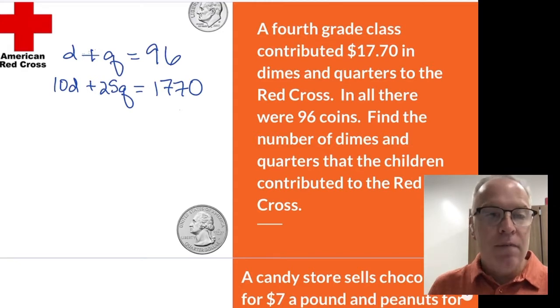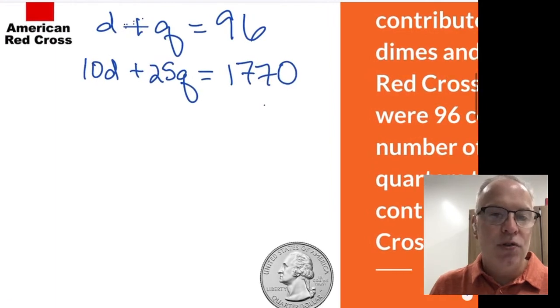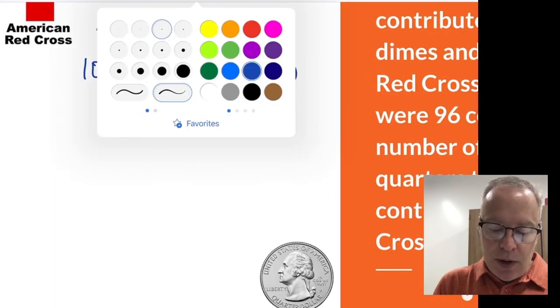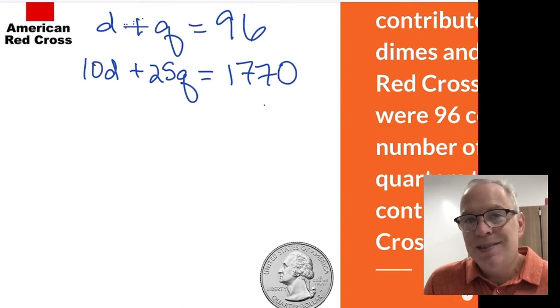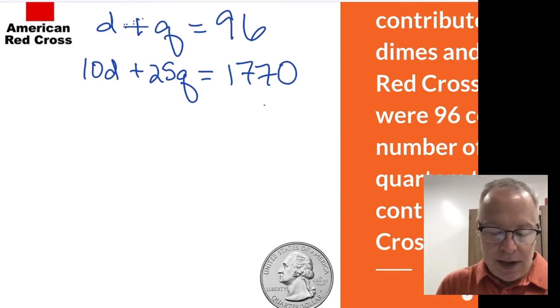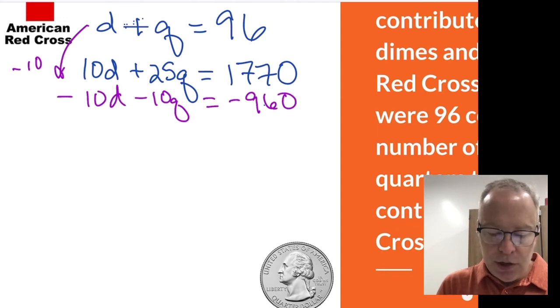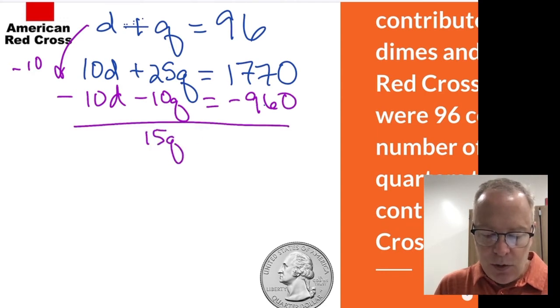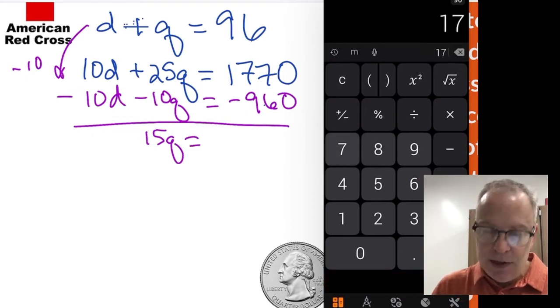Okay, now we have our system, and we can totally ignore the word problem now, and we can just solve this guy. Now I'm going to do a transformation, or you could even go to Desmos and graph these two lines. There's nothing that says you can't use technology on this. I'm going to multiply the first by negative 10. All right, I'm doing elimination so that I can add these up. 15Q equals, and then I go to my handy dandy calculator off to the side here, 1770